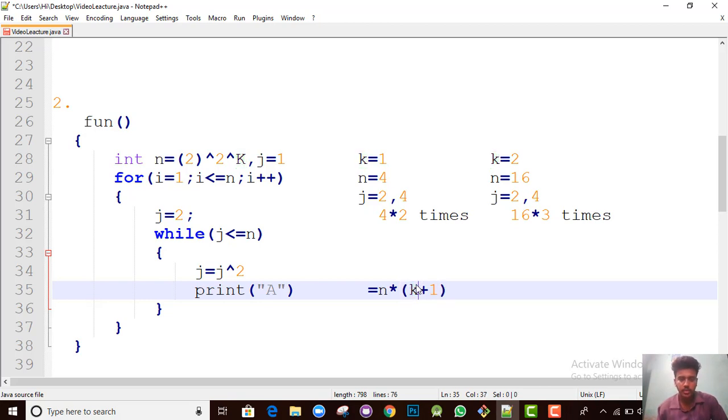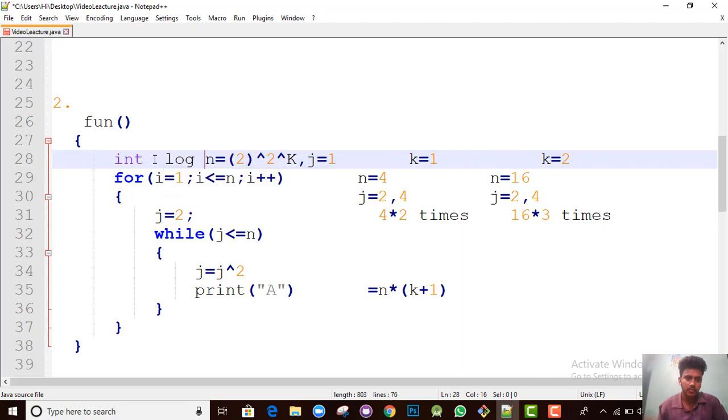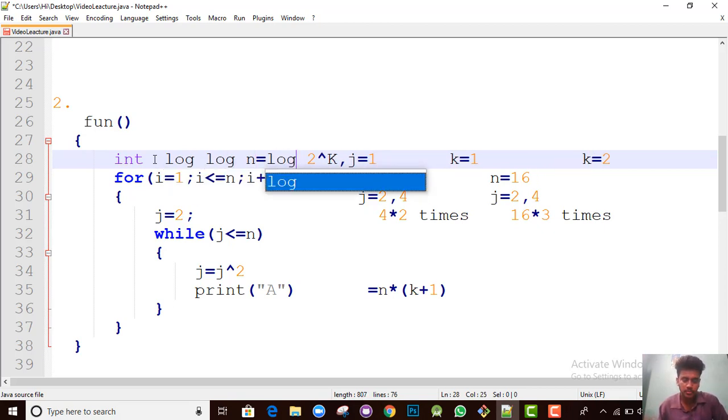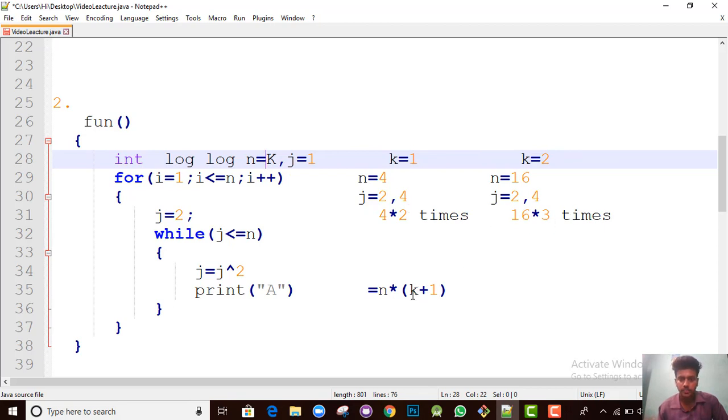So we can substitute the value of k from over here. It's simple mathematics. Take the log on both sides, and log base 2 of 2 becomes 1, and it remains 2 to the power k. Again we take log base 2 on both sides, and this will become 1, and it remains k. So the value of k will be